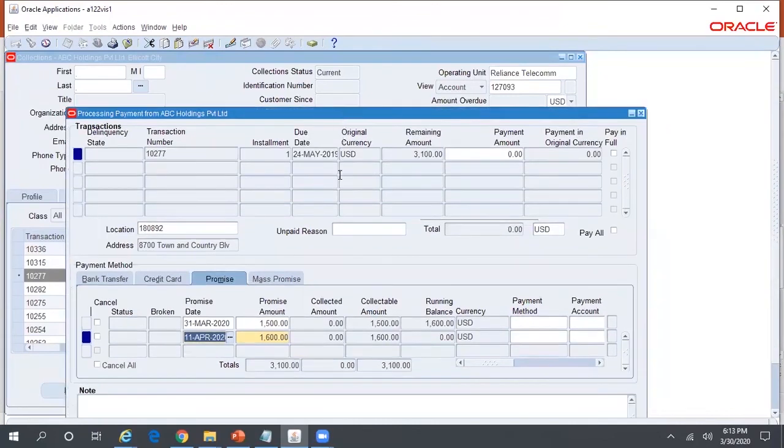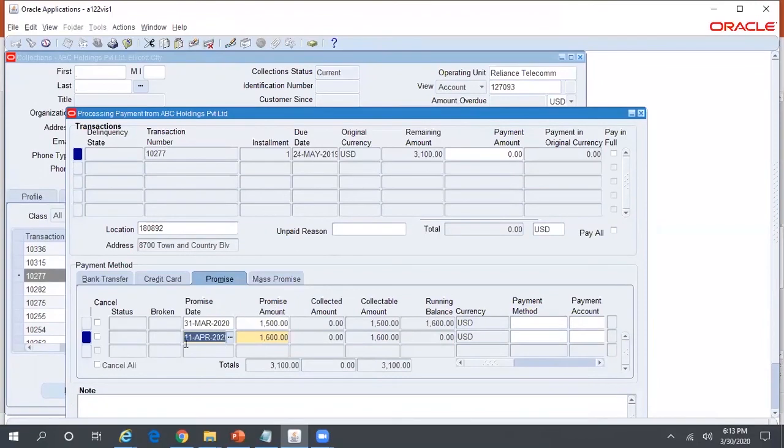That means there is actually a program which runs behind the scenes. Say, take an example that the program is scheduled on a daily basis. On 31st of March, once that program runs, it is going to cross check whether the customer has actually made a payment of that $1,500. It is going to cross check the receivables receipt. If the receipt is not received, then the system will treat this particular customer as broken. So broken will be yes here. Okay. And again, in this example, for 11th of April, it is going to again cross check whether the customer has actually made the payment.